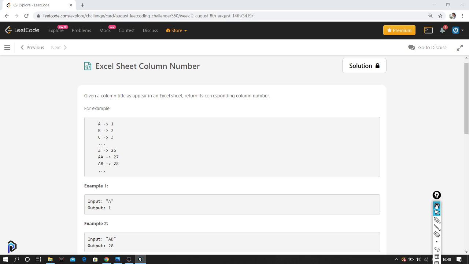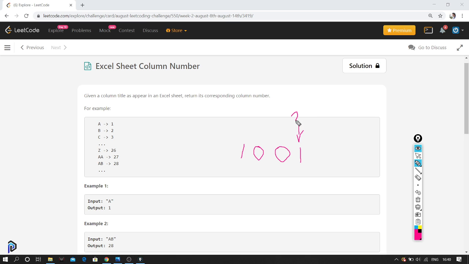First, we'll consider converting a binary number into a decimal number. The same thing applies. Let's take the binary number 1, 0, 0, 1. What's its decimal value? The rightmost digit corresponds to 2 power 0, so we multiply it with 2 power 0, which is 1. We add this with the next digit multiplied by 2 power 1, the next by 2 power 2, and the last by 2 power 3.